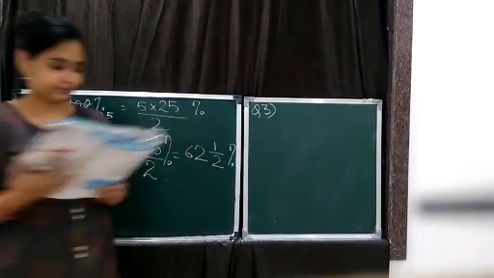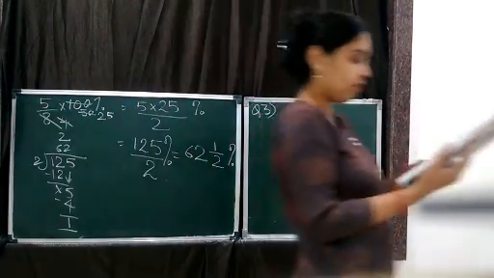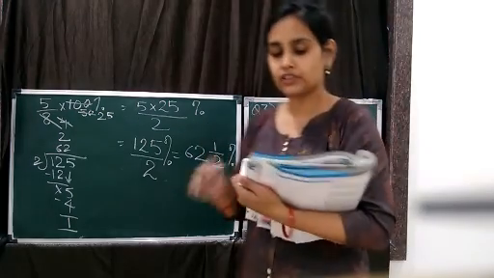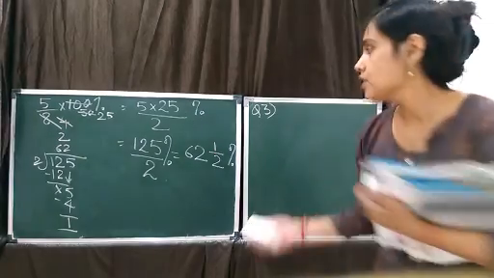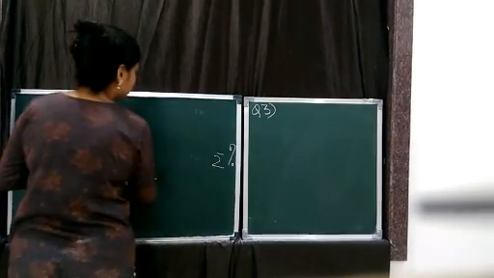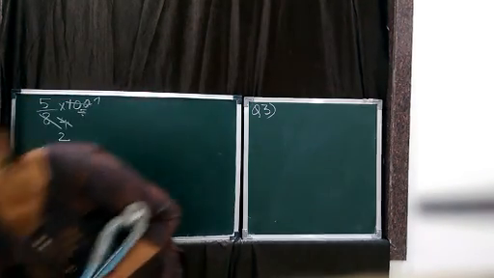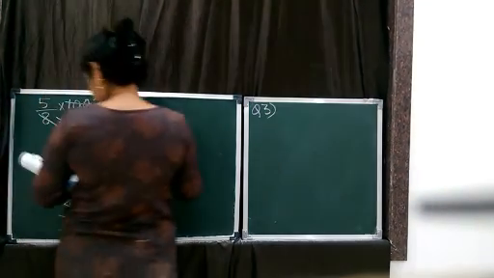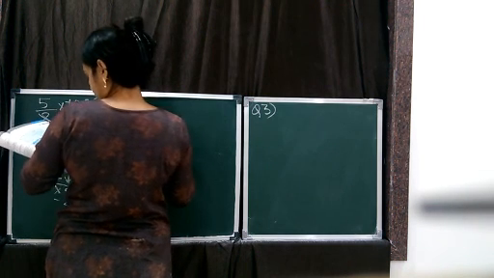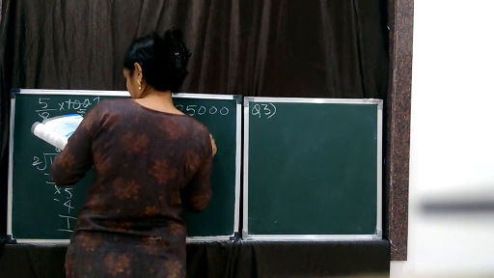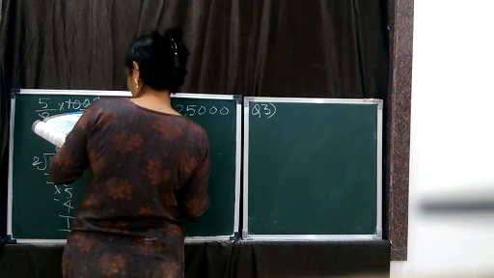Question says, the population of a city decreased from 25,000 to 24,500. So there's a city which has a population. Population means the number of people living. Suppose let's take the example of Jabalpur right now. That this city is Jabalpur. So its population, meaning the number of men, women and children, is suppose 25,000, and now it has decreased from 25,000